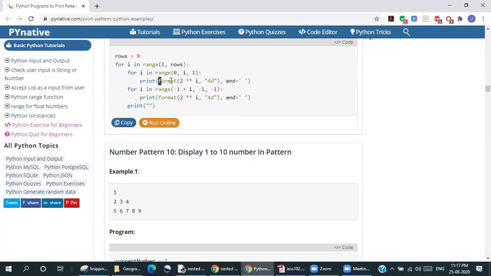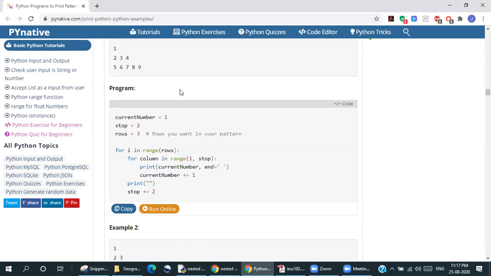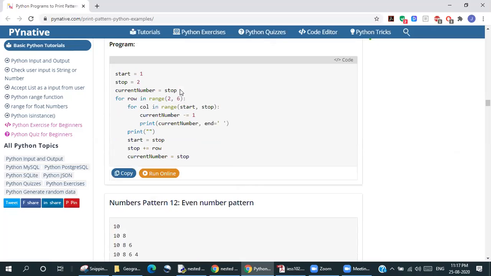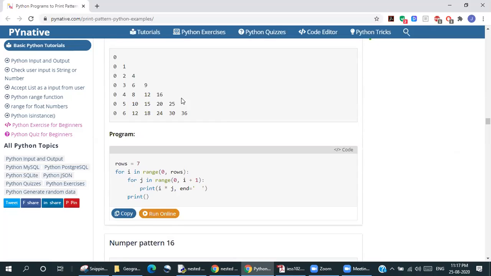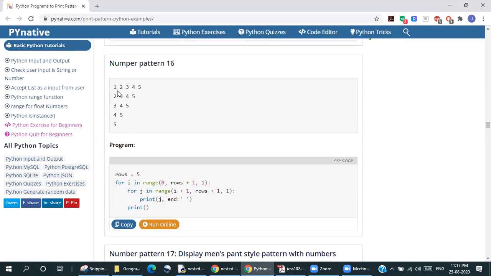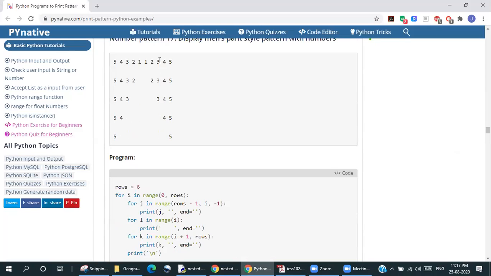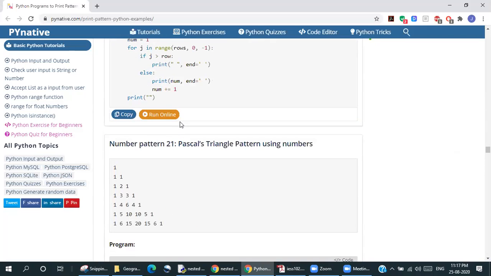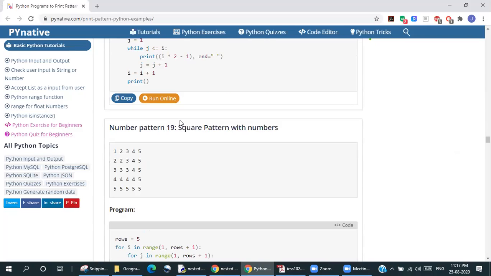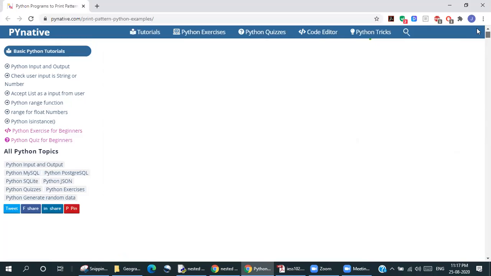I have taught you all the format function also. Okay, so give yourself a challenge. Try and do most of it. Okay, most of it like these 1, 2, 3, 2, 3, 4, 5. This is what I had anyways shown you all this one. This is a little difficult too, no need to go there. This is odd and even. This is easy again. So give it a try. Let me know which ones you find difficult, which ones you're finding easy.